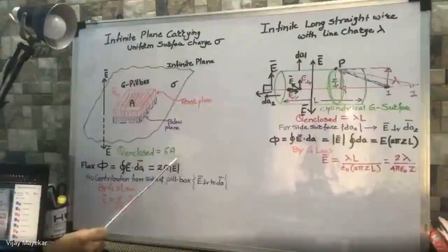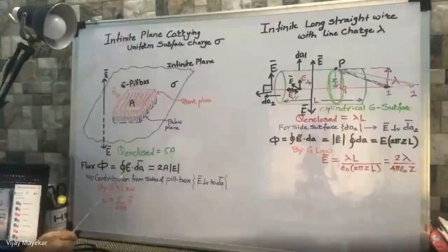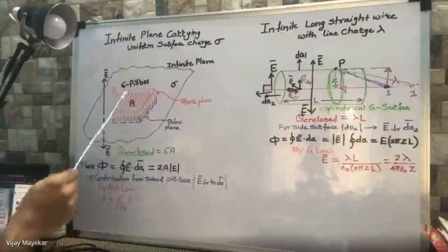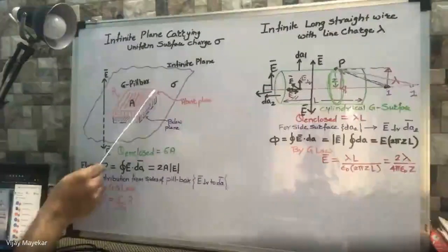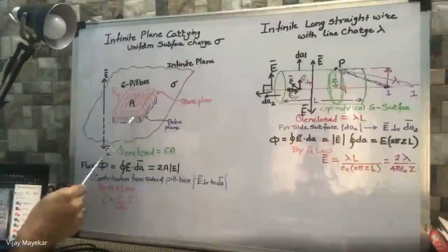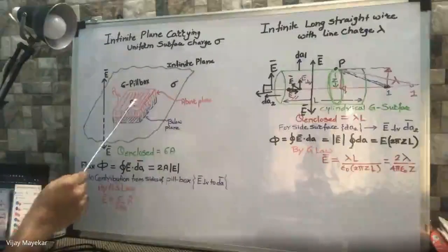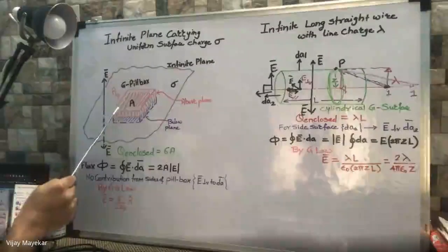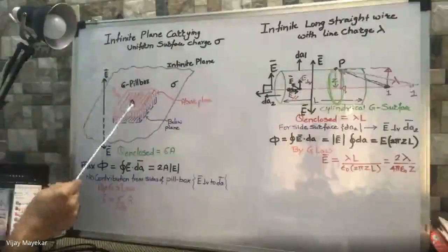Is this part clear? It is very simple. Flux phi, which flows out of the surface of this pillbox. So how many surfaces is it having? You can see the top surface is very large. The side surfaces, they are very small. So we got a top surface, we got a bottom surface. Okay. For the top surface, n cap is pointing upward and E bar is also pointing upward.